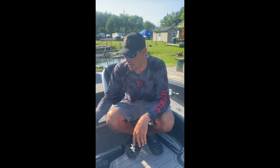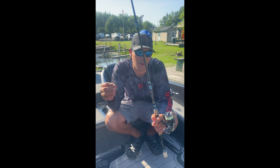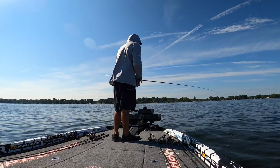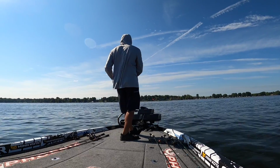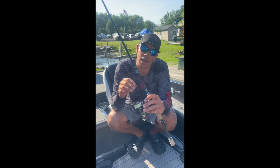Next one was, of course, the Ned Rig. You want to get bites, you want to catch smallmouth, largemouth, big, small, anything, throw a Ned Rig. This Ned Rig here is a Swagger tungsten 3/16 ounce, just with a little TRD on it. Throwing this on 10-pound Power Pro SSV2, and I was throwing this on 10-pound fluorocarbon